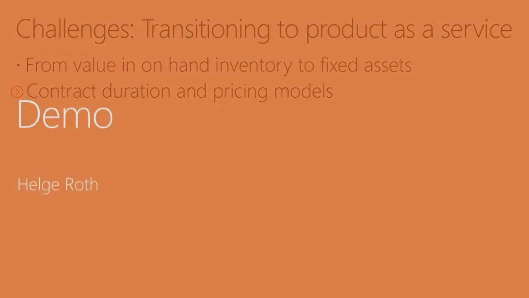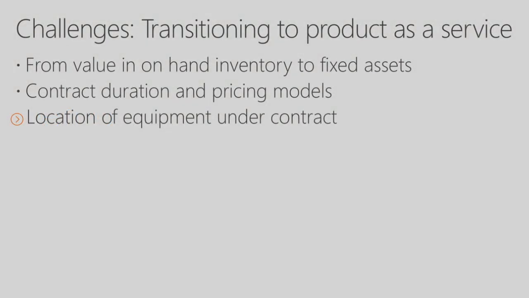However, what's the next challenge? The location of the equipment under contract. The typical problem is if you use a standard system, you post a delivery note, and if you post this delivery note, the item you sold is gone. And as I mentioned, the main hope is hopefully it never comes back. In such a product as a service scenario, you, number one, hope that it comes back, because otherwise you have to call your insurance. And as long as it is on customer side, you still want to know where it is. And that's quite a challenge.